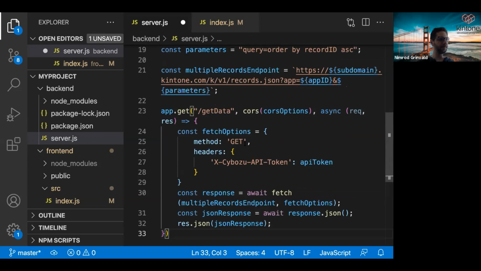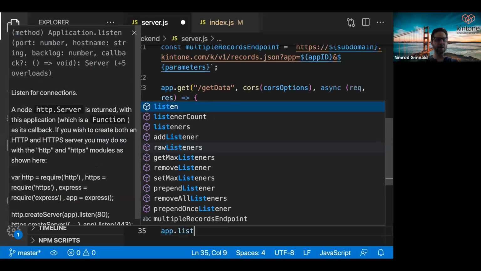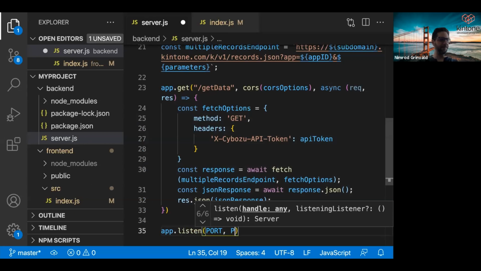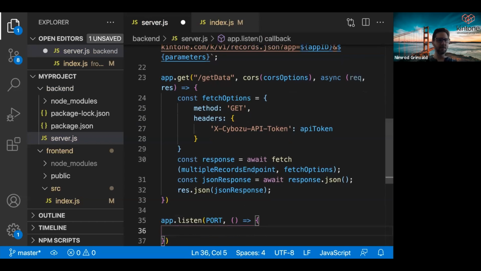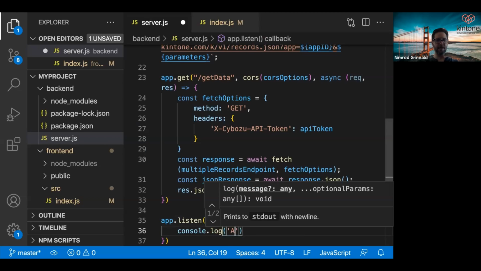We're almost done with our server. The next thing that we want to do is set up the app, in other words, the Express server, to listen on a specific port. That's port 5000. And we'll just indicate over here that,